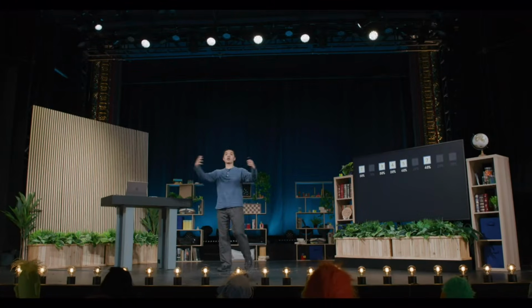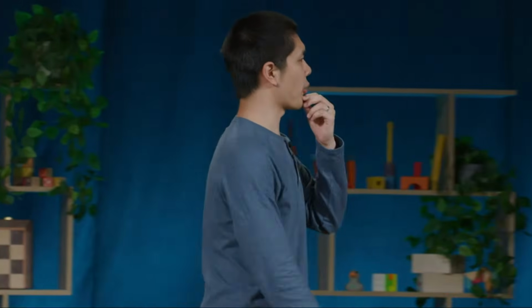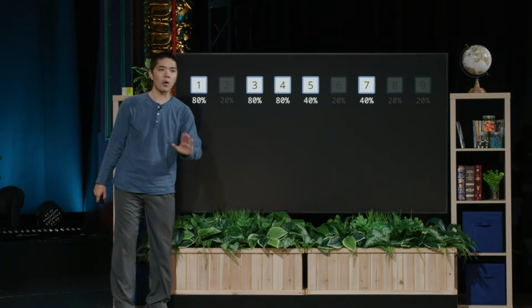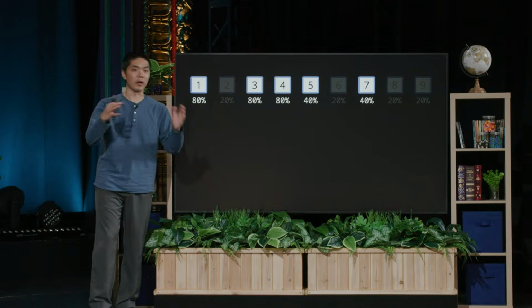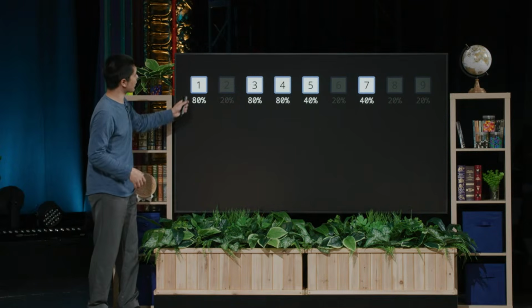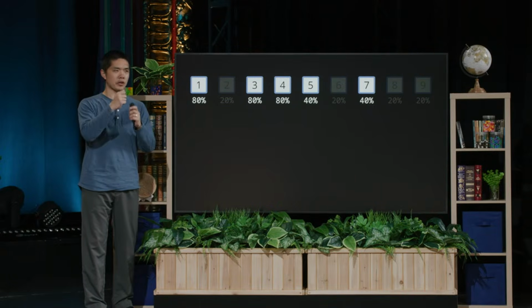Well, I could take all of my 9 items and consider all of the possible pairings. I can look at 1 and 2 together, and 1 and 3 together, and 1 and 4, and so on and so forth, and then 2 and 3, and then 2 and 4, and so on and so forth. But better yet, I can take advantage of some of the information that I already know. If I know that item number 2 is not popular by itself, then there's no way that items 1 and 2 together are going to be popular, because item 2 by itself wasn't frequent. And so what I can do is just take the individual items that are frequent, 1, 3, 4, 5, and 7,